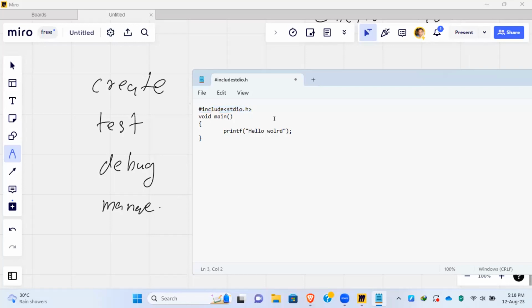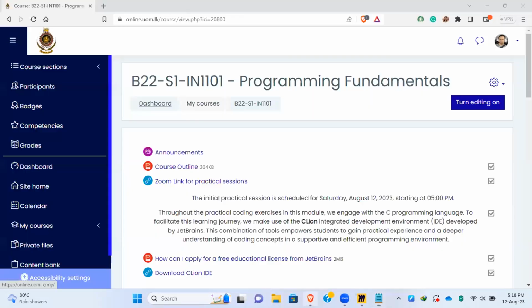Therefore, there are so many advantages available when you are using an IDE. Now I am going to install an IDE. Here we are using the CLion IDE to